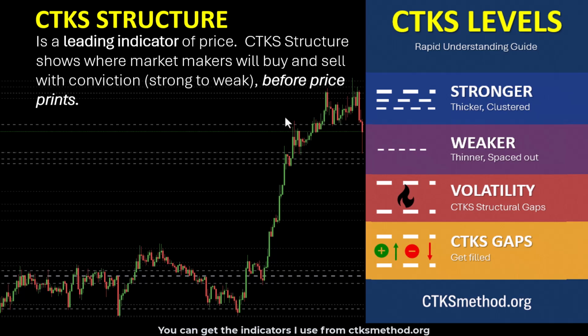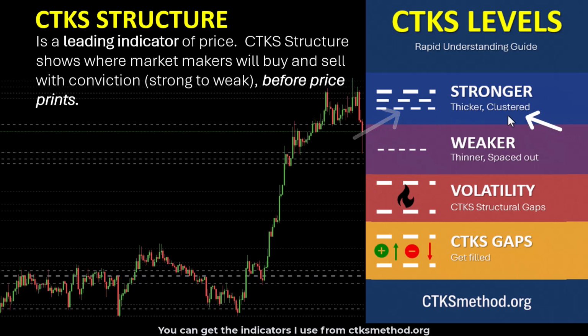Now, what does this mean? You can see a lot of strong conviction by market makers and algorithms around this particular area. A positive CTKS gap, and then liquidity and market makers and algorithms come in and start to sell down. That's exactly why this forward momentum is pushing over. And what happened next to price? It actually came down.